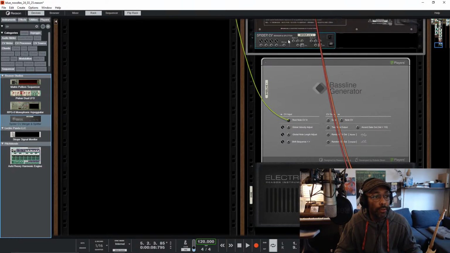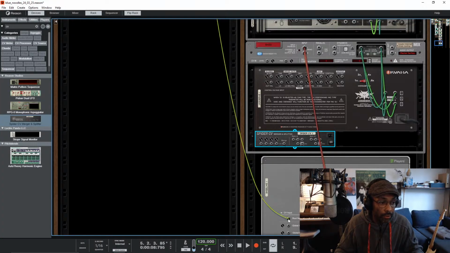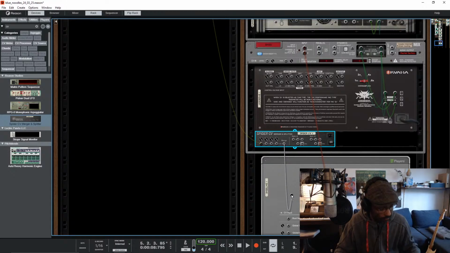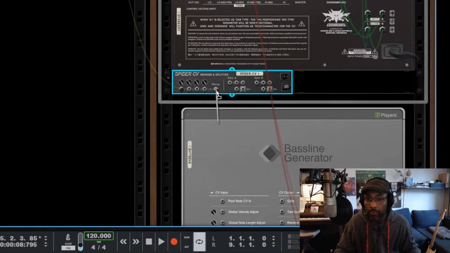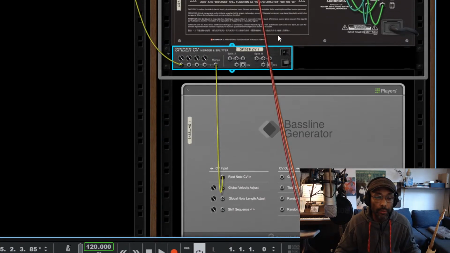Let's put this right there. Okay, this goes in, hold up. This goes here. It's the merging side, right? Maybe I'll make this bigger. So we are merging the CV outs from both of these, so we don't have to hook and unhook this stuff.